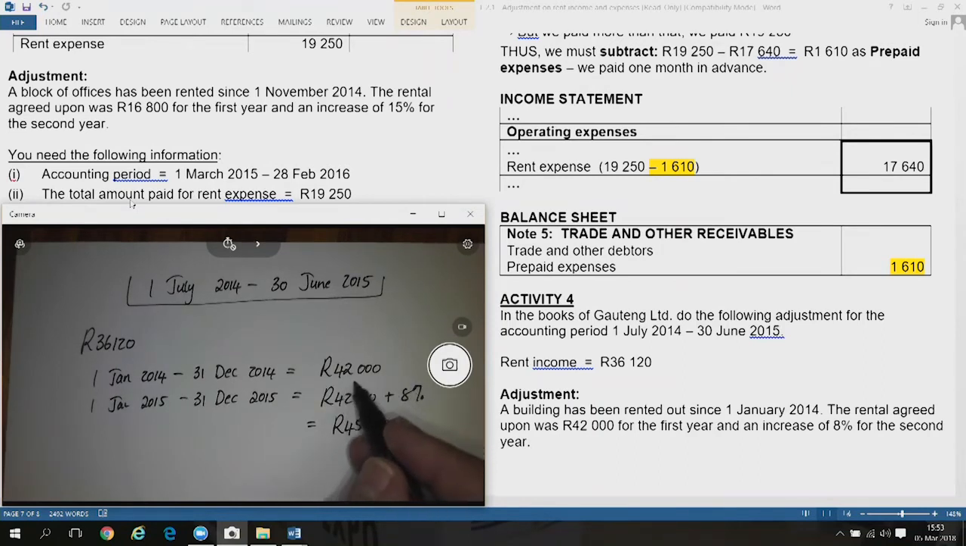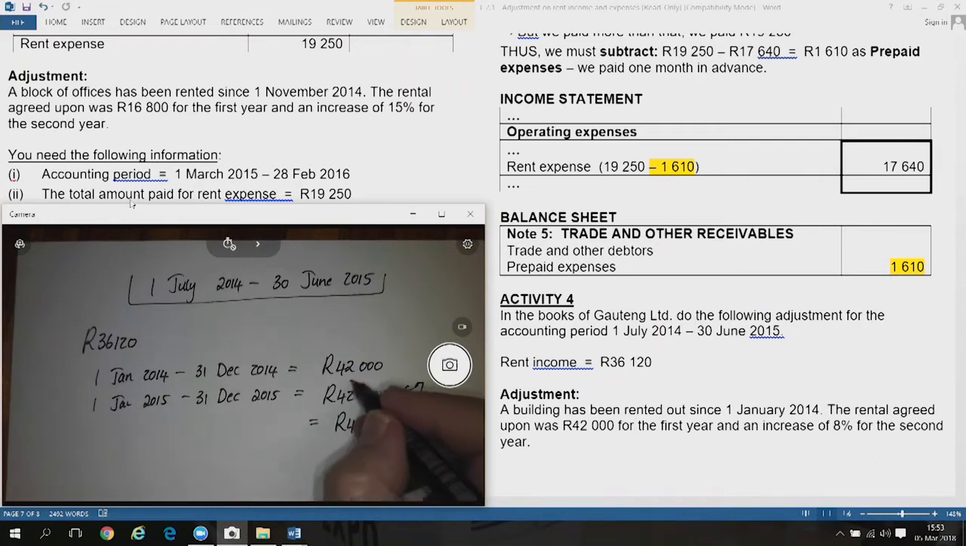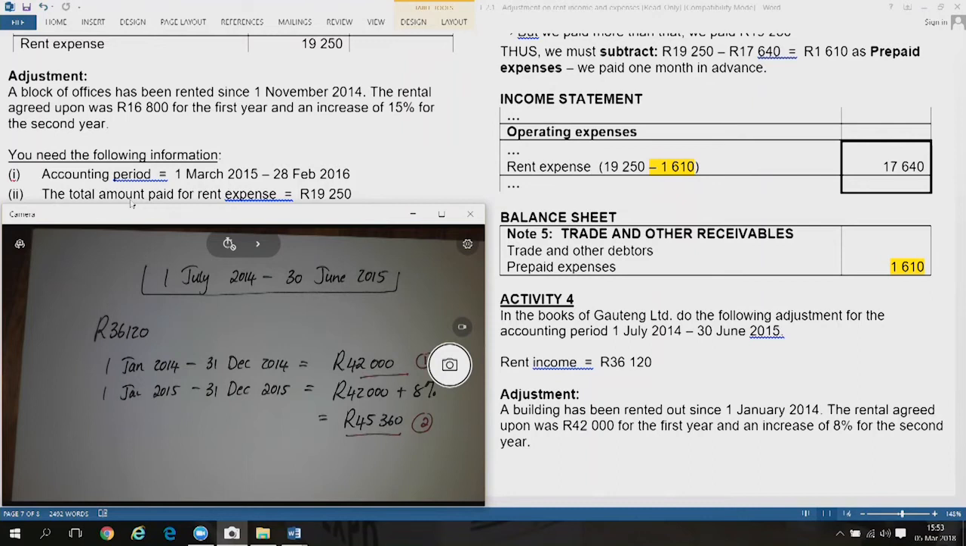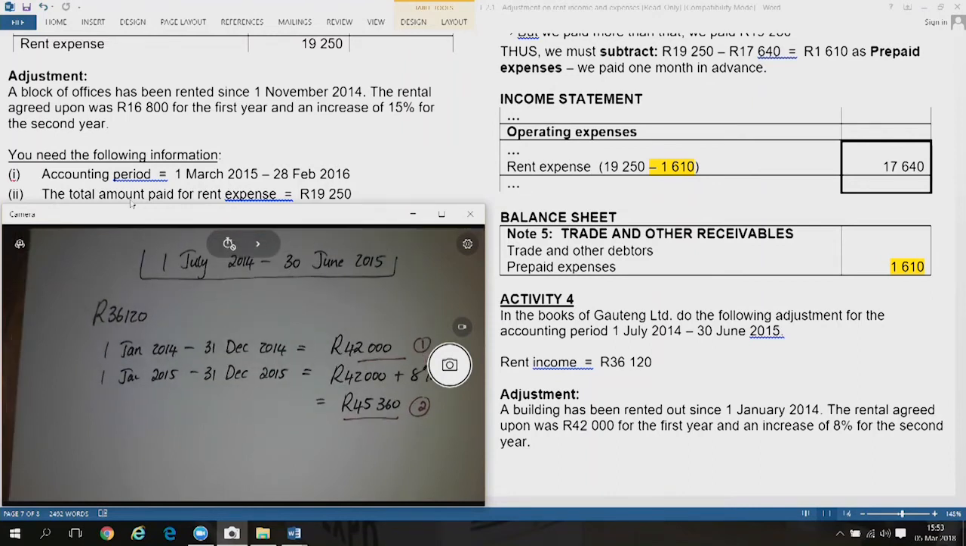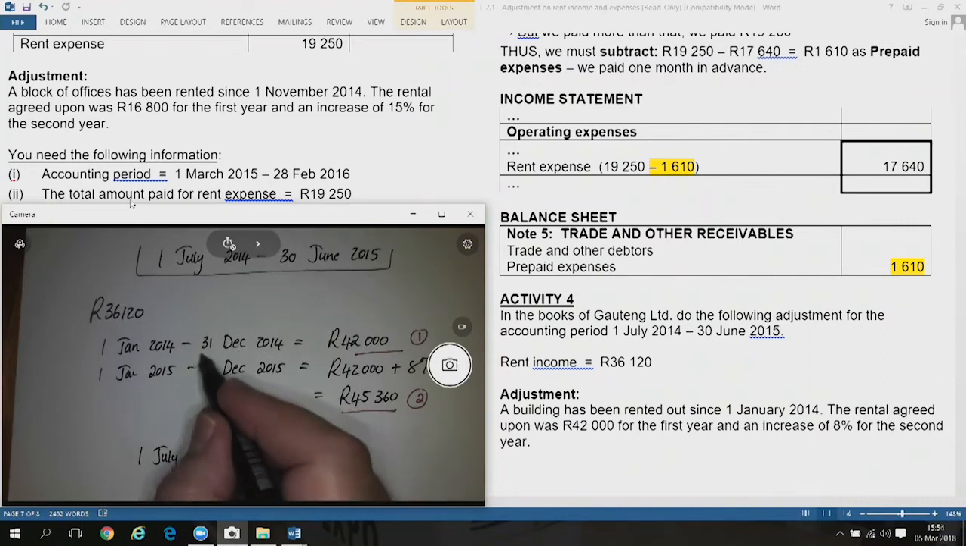It's not necessary to do the 8% here. So there is our first year agreement amount, and there's our second year agreement amount. The question is, where does our accounting period fit in? From the 1st of July 2014 until that one,